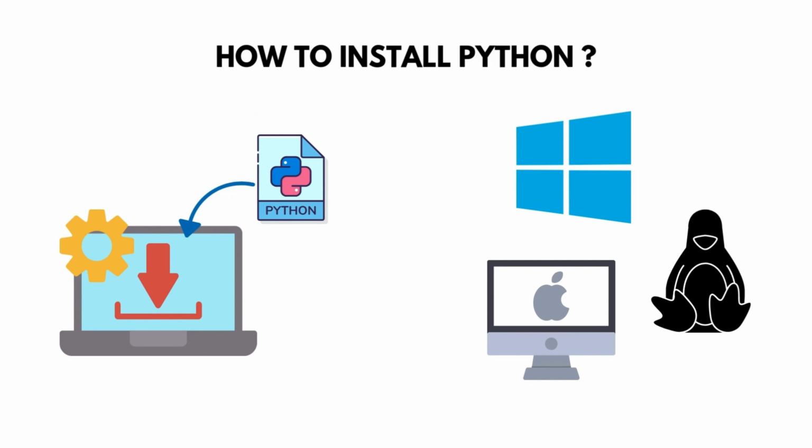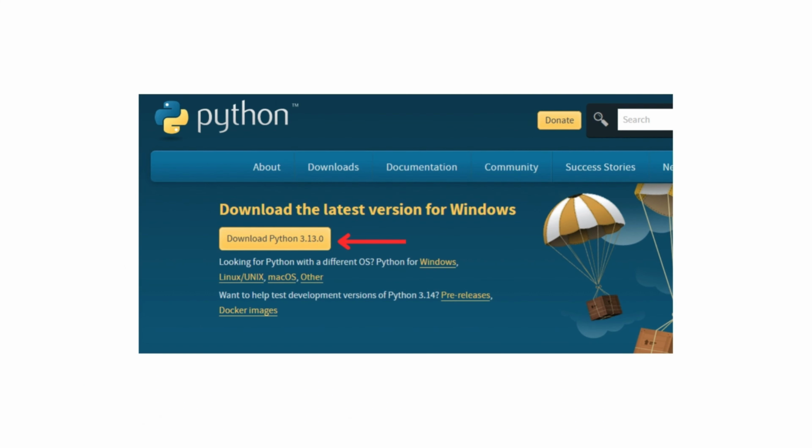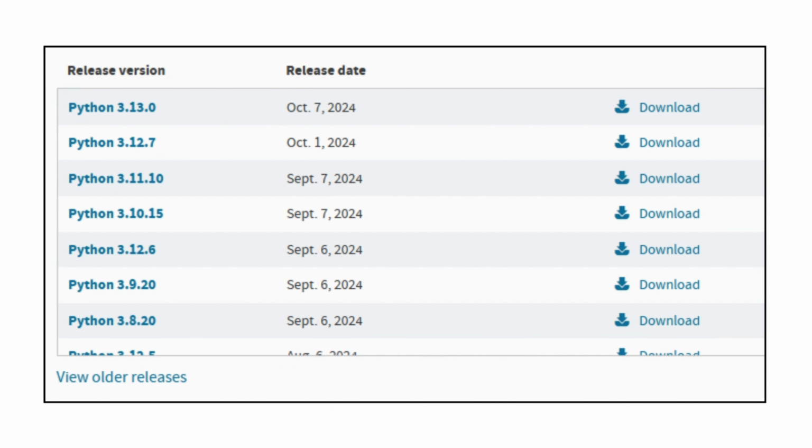Now, let's move on to how you can set Python up on your machine. Before we write any Python code, we need to install Python, whether you're on Windows, Mac, or Linux. The steps are pretty straightforward. Let's start with Windows. Go to the official website python.org and click on the Downloads tab. Python will automatically detect your operating system, so just click the big yellow button that says Download Python and the version number. For this video, we'll be using Python 3. Always make sure you're downloading the latest version of Python 3, as Python 2 is outdated.